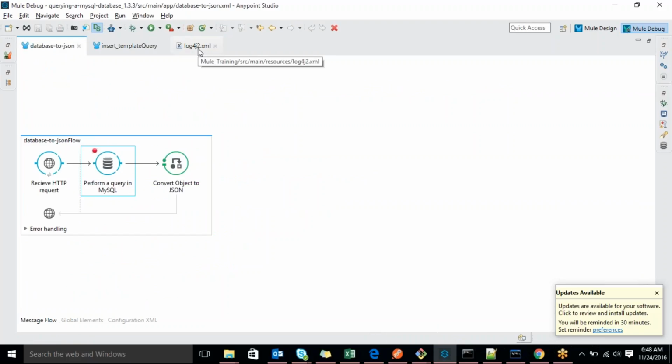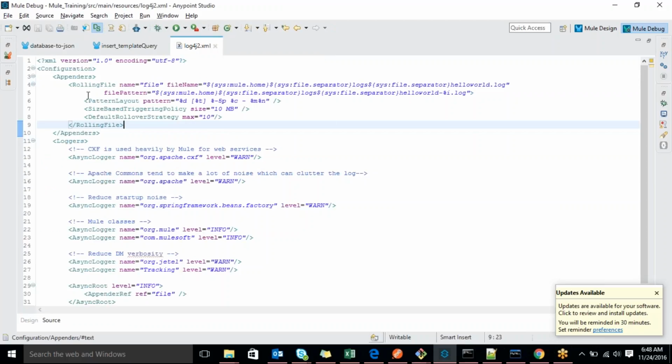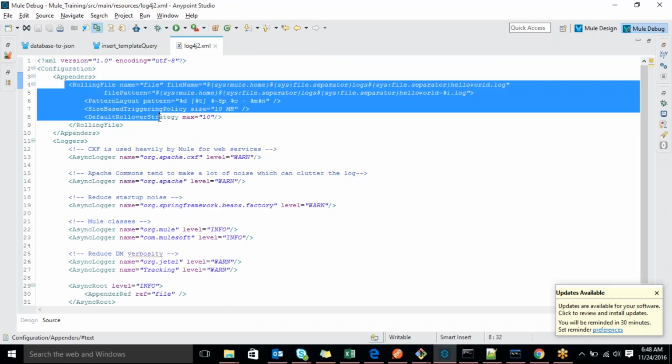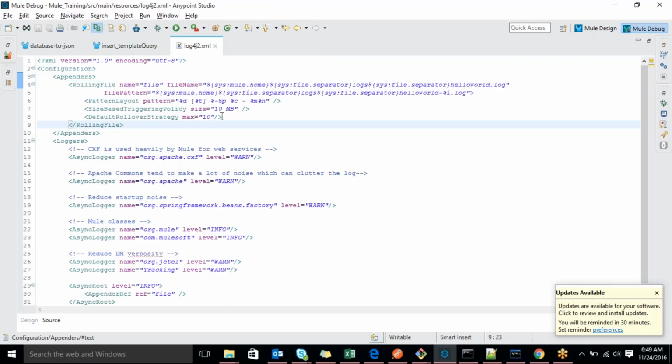So generally, it's not required because this is already generated on the server side, right? Generally, if anything happens, we'll just go to the server and open those logs. In that log with the name, can we increase this size, to a large size? We can increase. See, here there is a size mentioned, 10 MB. If you want, you can increase. After that, will it rewrite or just delete? No, actually, after that, it will create one more file, hello world one, like that. It will create. Okay, okay.